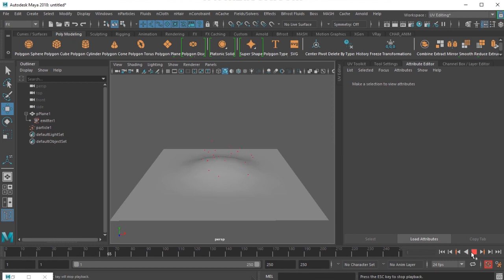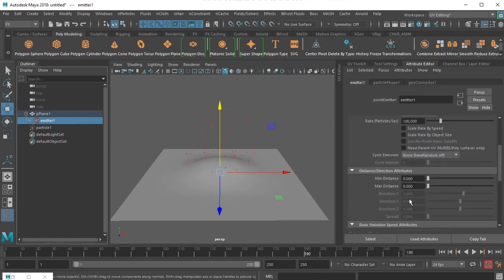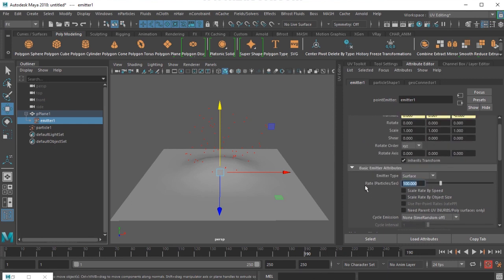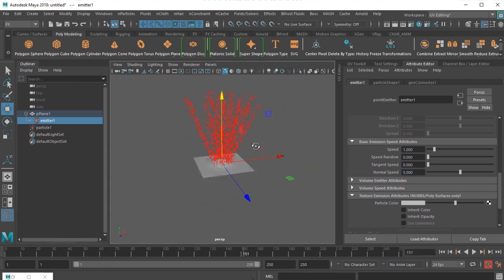So you're getting the particles, but the count is pretty low. So I select the emitter and put the count to 5000, and then I'll increase the speed to 5. So you see the particles emit with the speed.